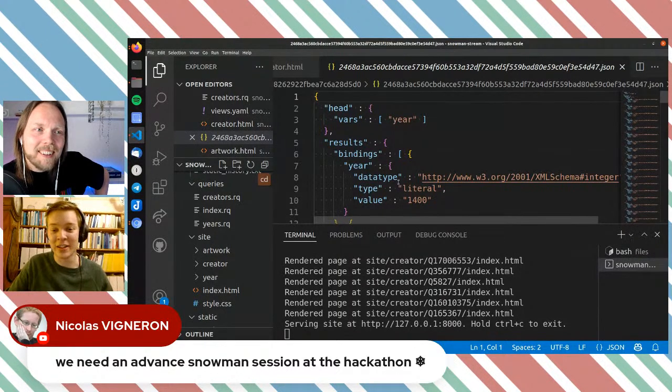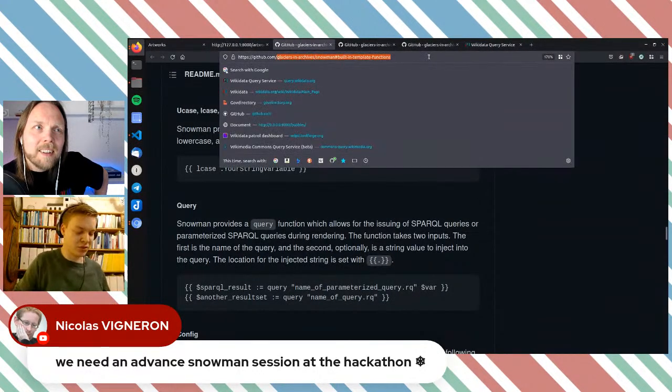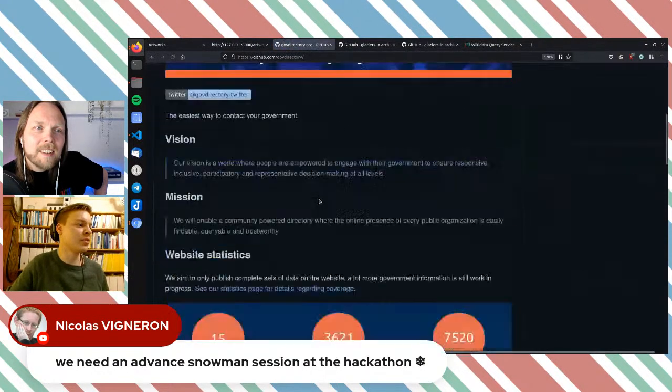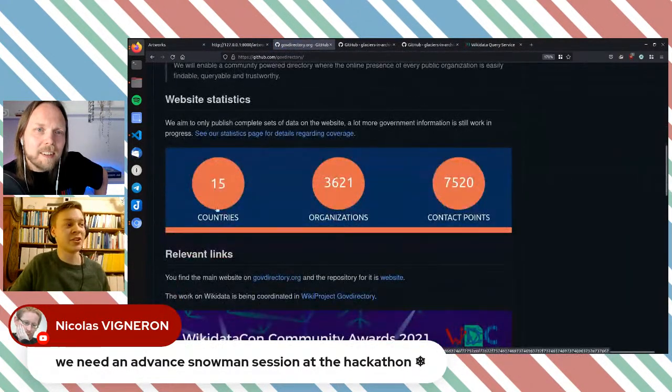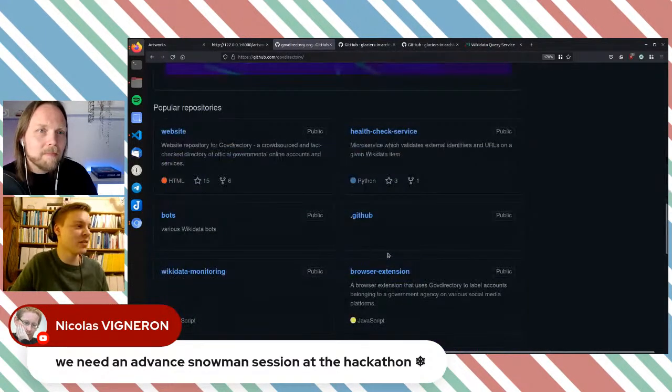GovDirectory being an example, let's actually move over to GitHub just to show you how complex it can become. So if we go to GovDirectory, let's head over to the website. This is actually generated with Snowman. This is the SVG, which is querying Wikidata to generate these numbers, and it's all Snowman.